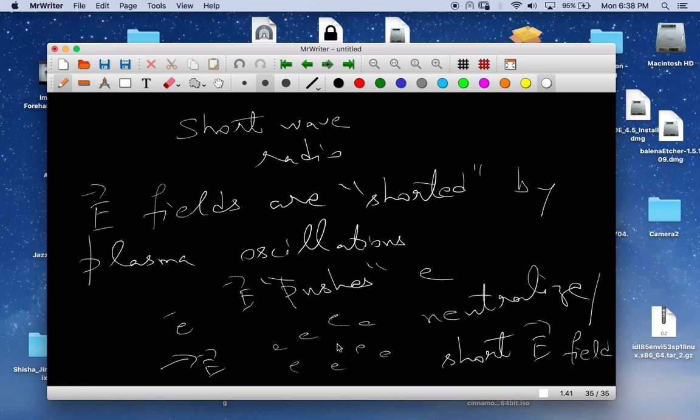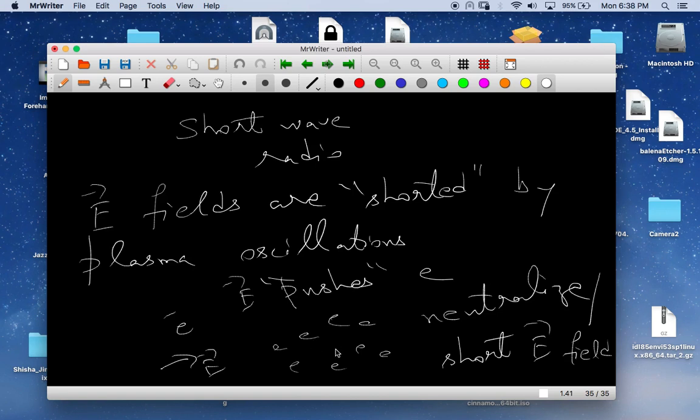Okay, the E field tries to displace the electrons, but owing to the presence of the plasma, this displacement is quickly annulled. And of course the E field is oscillating, and the oscillation frequency is exactly